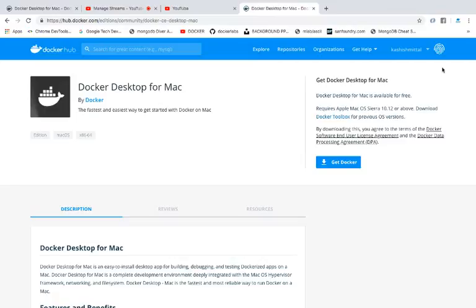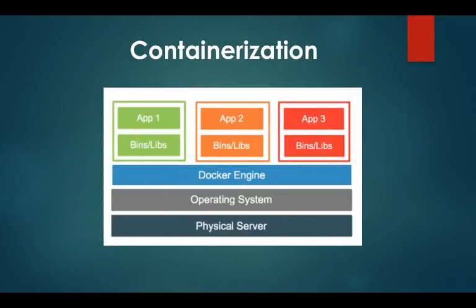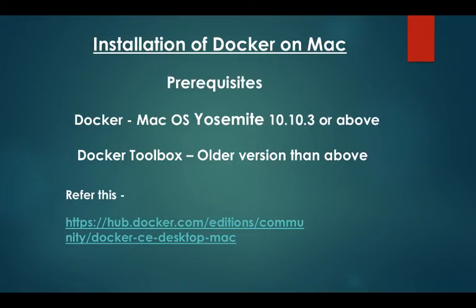Now just look onto this right corner and you can see that for different versions, as we have seen, we need to download two different things. This will be more clear from this. These are basically the prerequisites, you can say, for downloading Docker. If you have Mac OS version 10.10.3 or above, you can directly download Docker onto your system. But if you have any older versions before it, you need to download Docker Toolbox in order to get Docker onto your system. You can just refer to this link